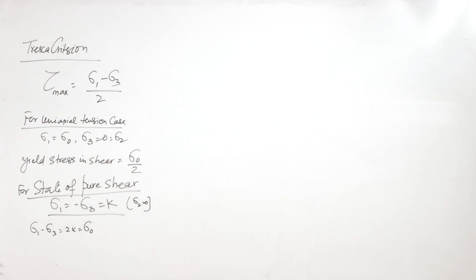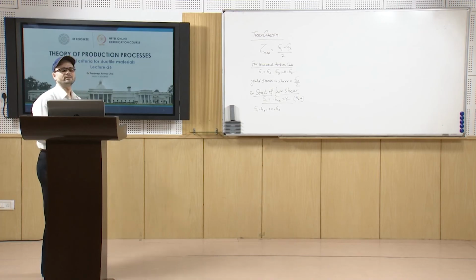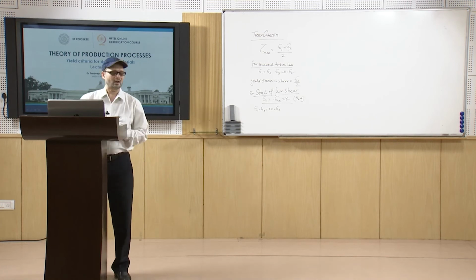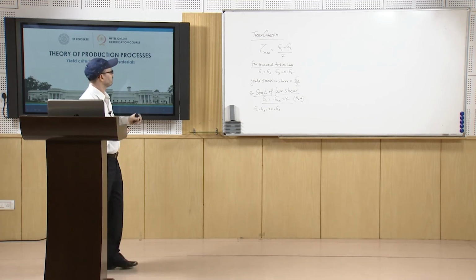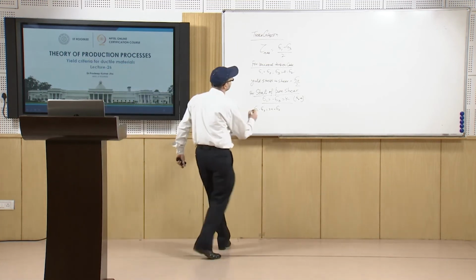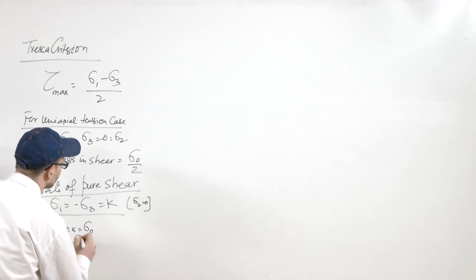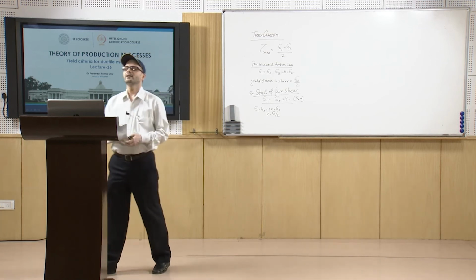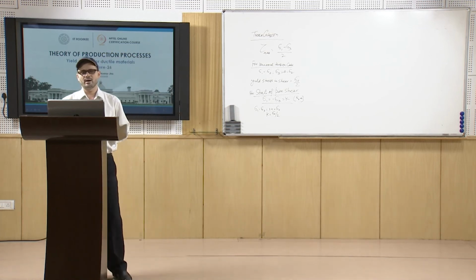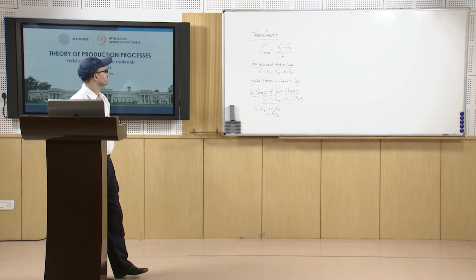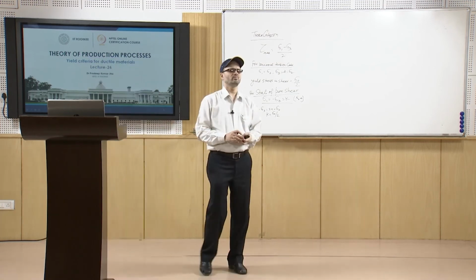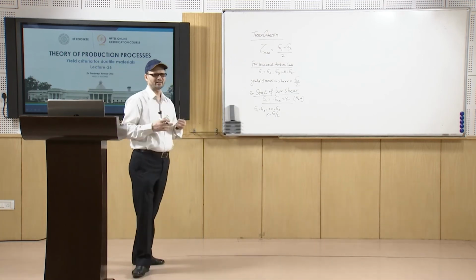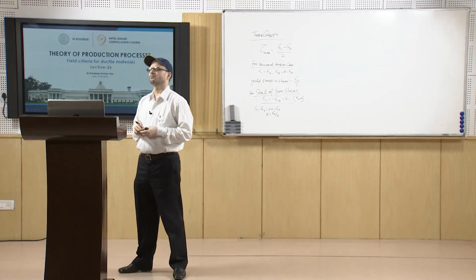So, that is how you get the values. Now K will be basically sigma naught by 2. That is what you get in the case of this shear stress criterion. So this is how you get the different conditions in the case of this yield criteria